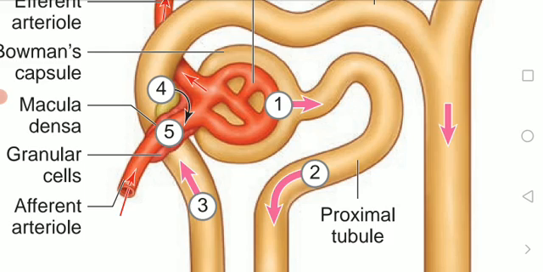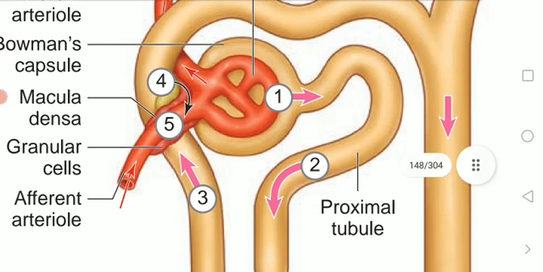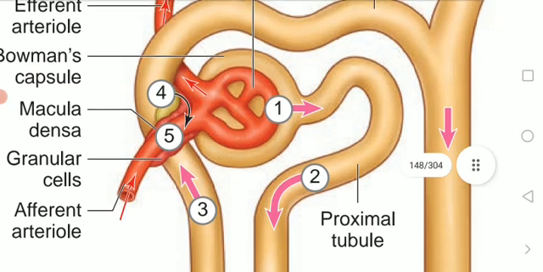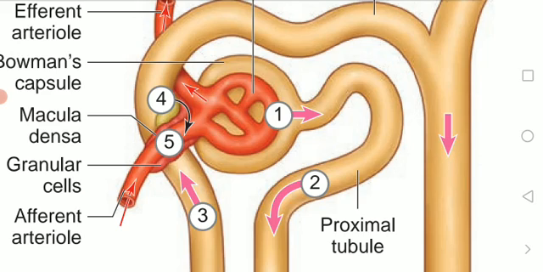The glomerular hydrostatic pressure is around 55 millimeters of mercury. Just underline it in your textbook. With each cardiac output, whenever the heart pumps the blood, the blood enters the afferent arteriole with 55 millimeters of mercury pressure. The kidney produces about 180 liters of glomerular filtrate in 24 hours.